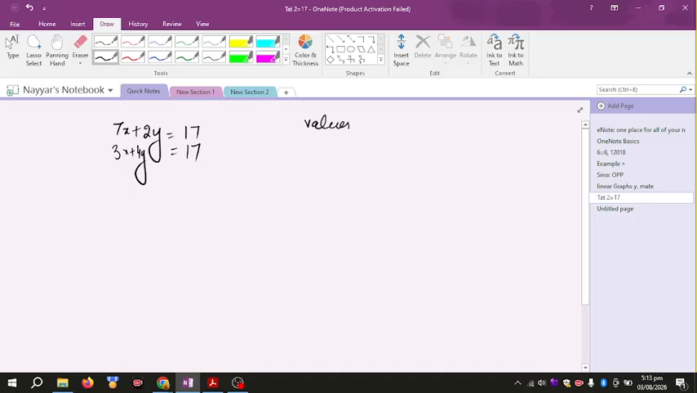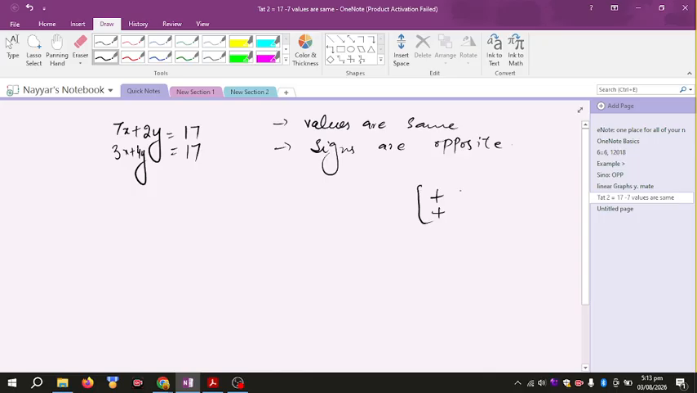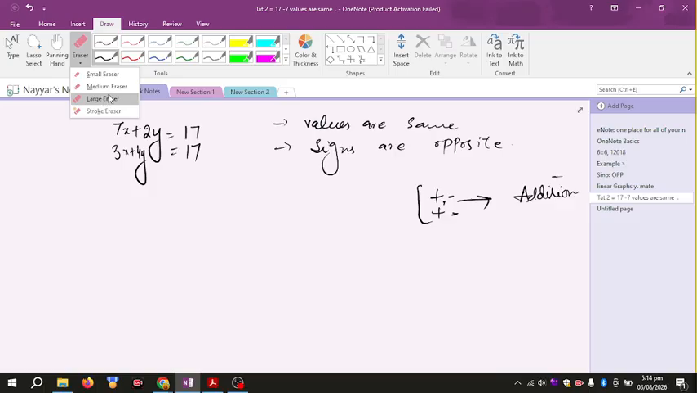same. Okay, if the values are same and the signs are opposite. However, if in the question both signs are positive, you will go with the operation of addition. However, if both positive or both negative, okay, you will go with the operation of subtraction, because we need opposite